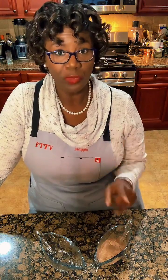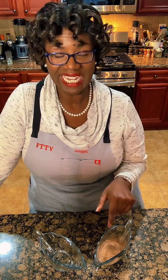The secret ingredient that is supposed to make these pancakes super creamy and fluffy